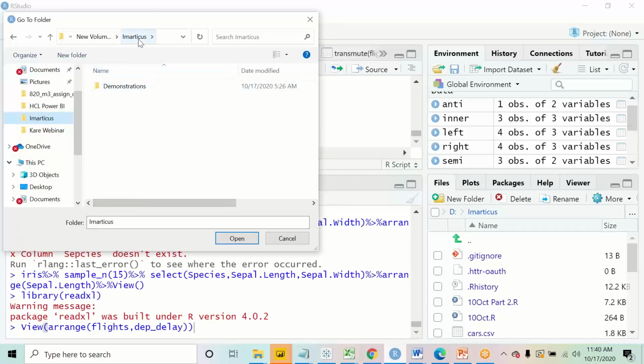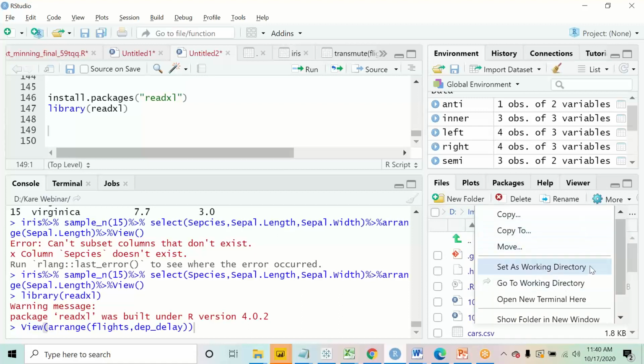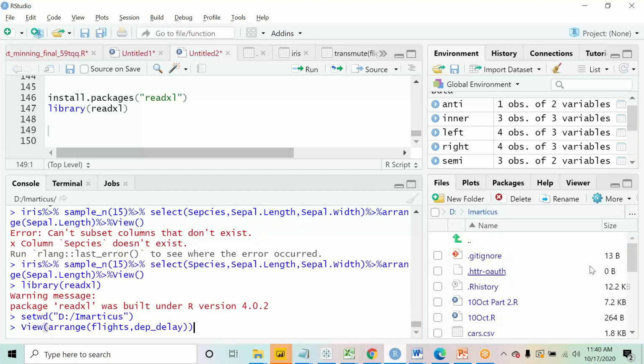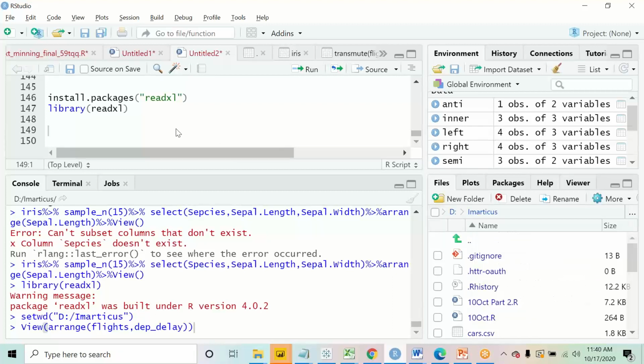Like I've gone to the Ematicus folder and I click on open. Once that folder is opened, you will be able to see those files over there. Click on more and say set as working directory. So you will be able to establish that particular folder as your working directory.